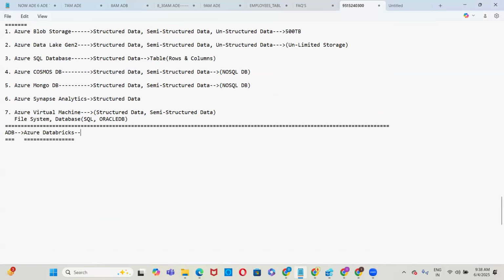Azure Databricks is nothing but it provides the Spark cluster. This Spark cluster helps whenever you want to process millions and trillions of records, a very huge and massive volume of big data. It can be processed in a couple of seconds, very fast. So hence we can say,